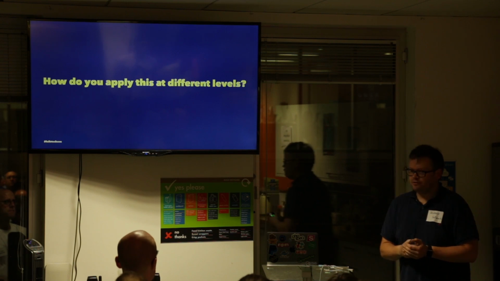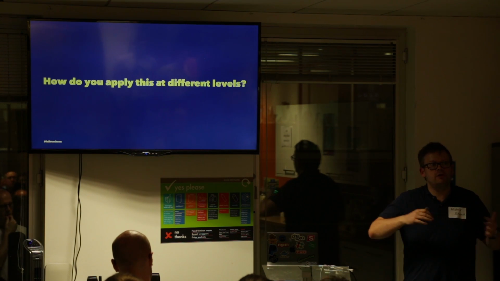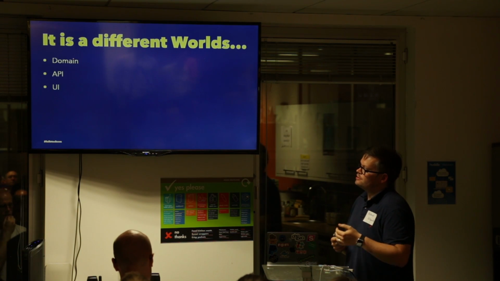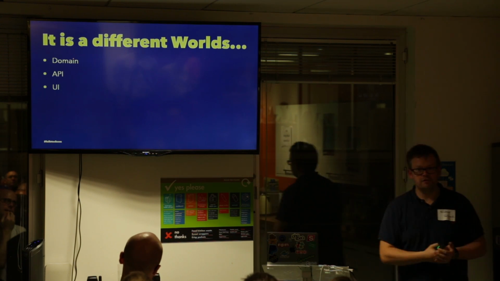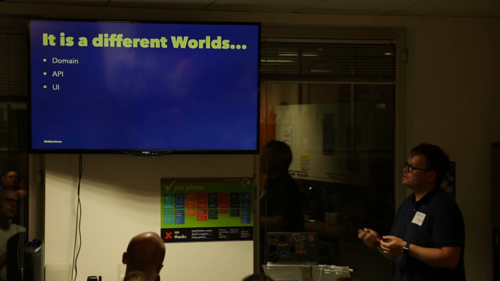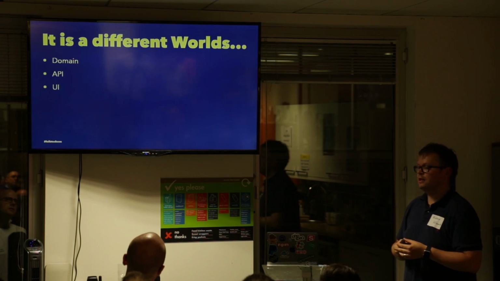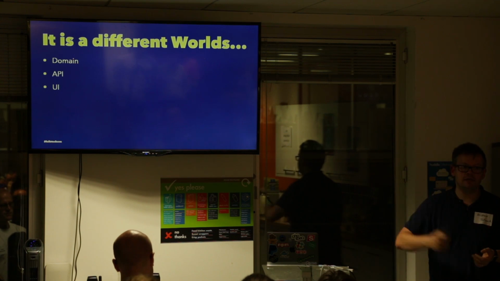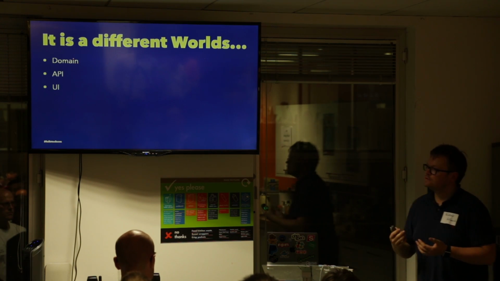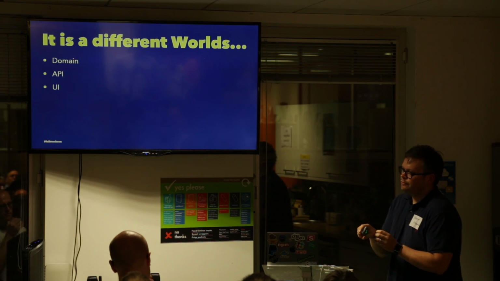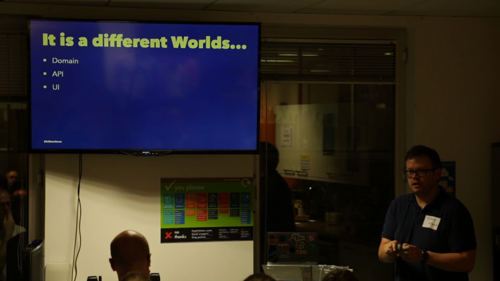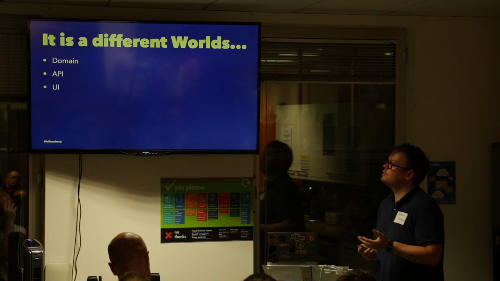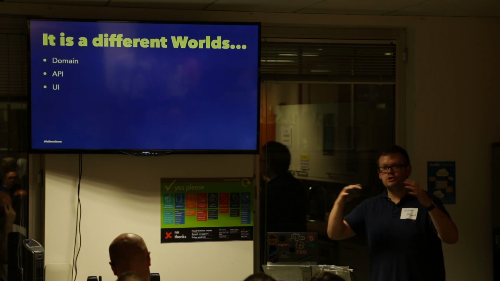But how do we apply this to different levels? It can be applied at different levels without too much overhead. So we can start to use these feature scenarios when they're abstract enough, they're not talking about implementation detail, to start driving the development of the domain model in isolation of any implementation of an application, such as an API, or even the UI. What this gives us the ability to do is drive any number of UIs, be that a mobile phone, a single-page web app, a multi-page web app, the API itself, and the domain, all using those